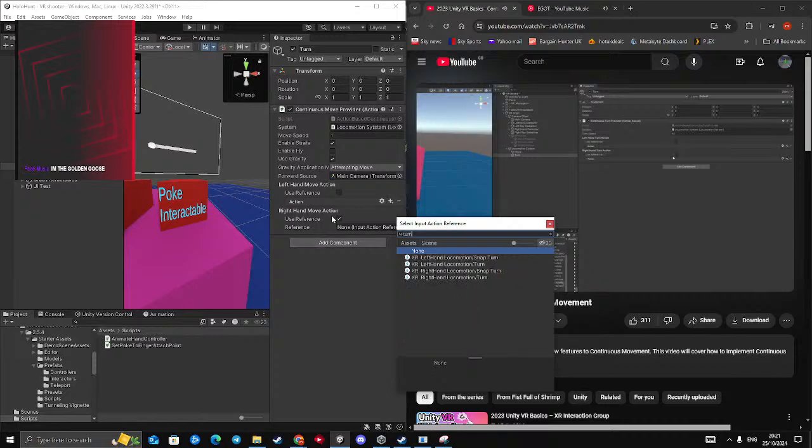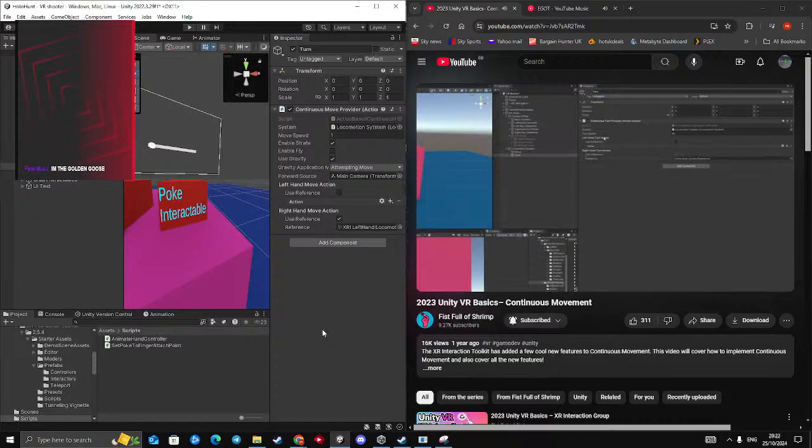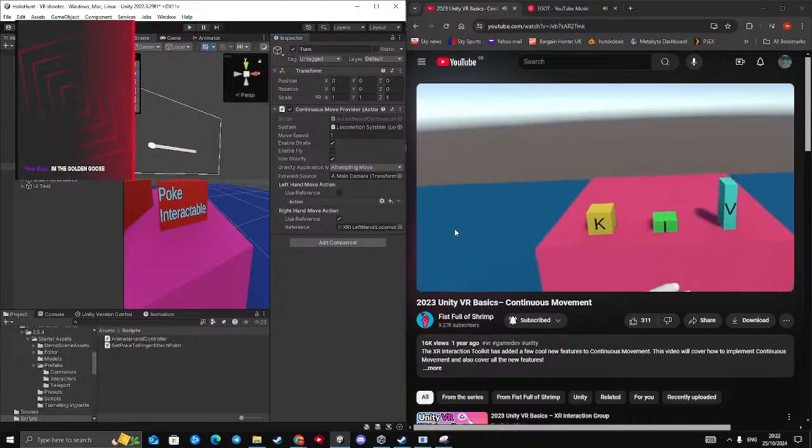And I found that if you're moving with the left hand, you want to turn with the right hand and vice versa. If we were moving with our right hand, it makes a little more sense to turn with the left hand. So since I am moving with the left hand, I am going to go ahead and look up turn here, and you want the right hand turn. And so now if we boot up the scene, you'll see that I'm